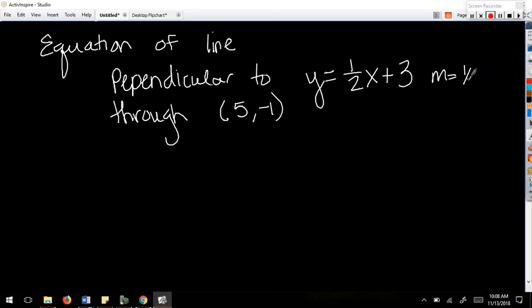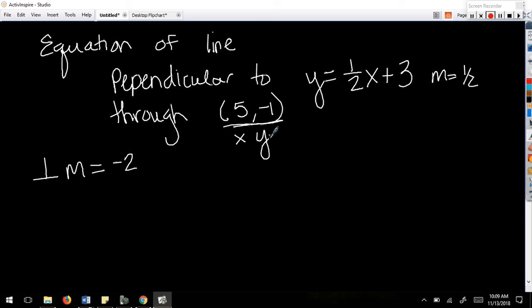So this slope is 1/2, which means my new slope is going to be negative 2. And through this point, which means this is my x and this is my y. So if I use point slope form,